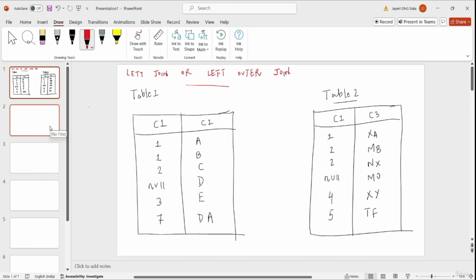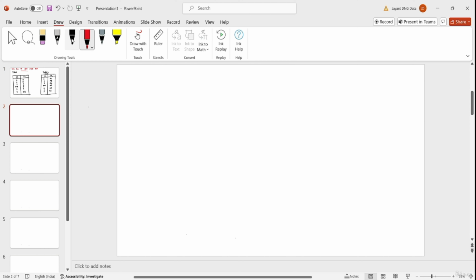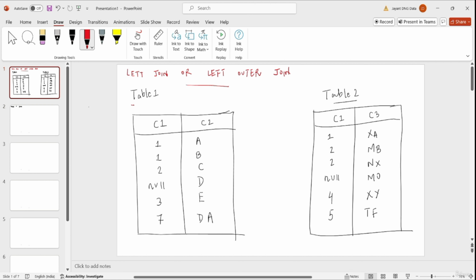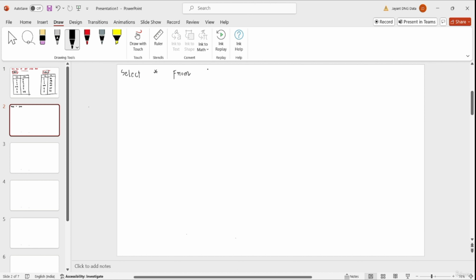First of all, I will write a select statement to explain how we can write it, and then we will discuss the output. On the next page, I can write select star from the two tables that we are going to use, named table 1 and table 2. So on the second page, I'll write select star from table 1 left join table 2